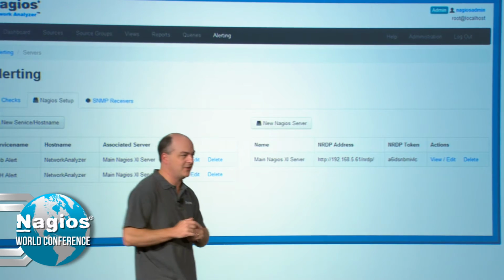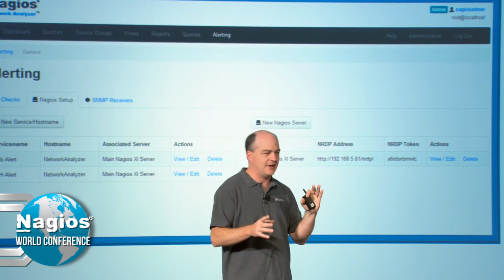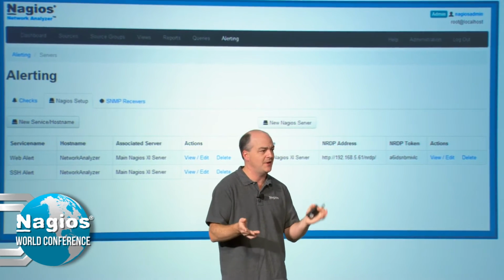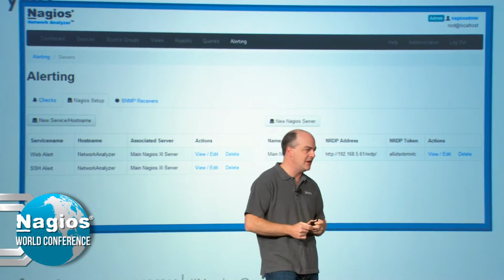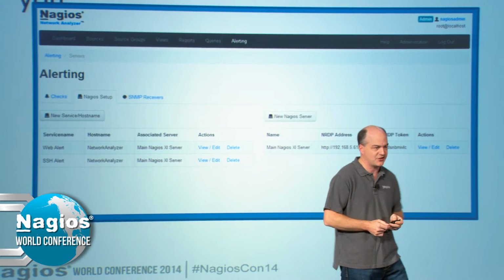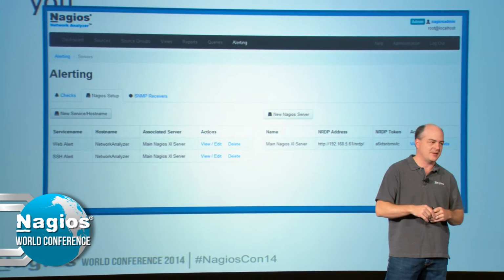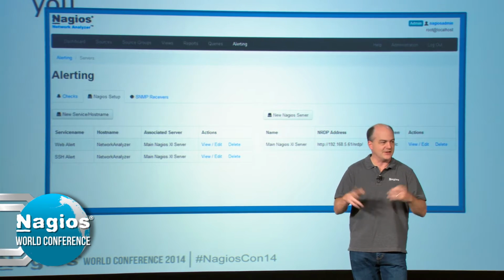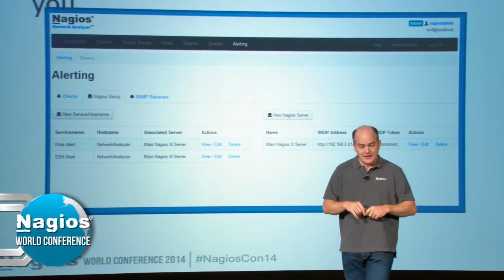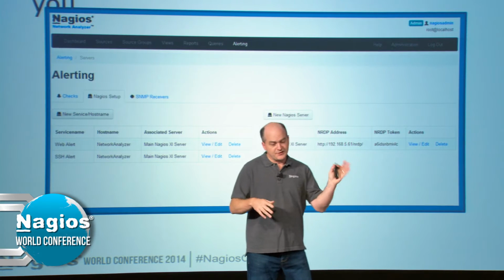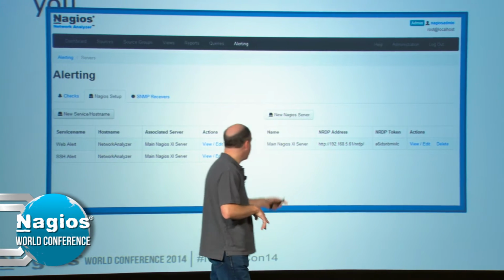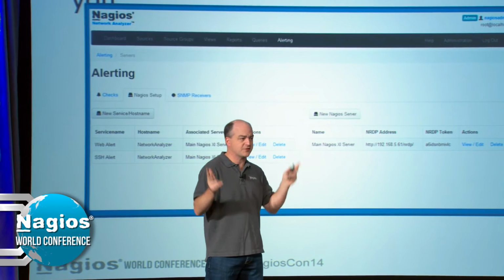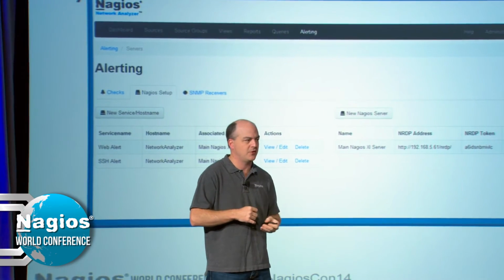So you can set up a Nagios server that can receive NRDP data. Now if it's a Nagios Core system, NRDP is not installed by default, but you can download it from the Nagios Exchange and give your Core system the ability to receive the alert via NRDP. So once you set up your server, you just put in your server credentials, your NRDP token, and then you're going to create a new host or service that you want the alert to be posted to, because